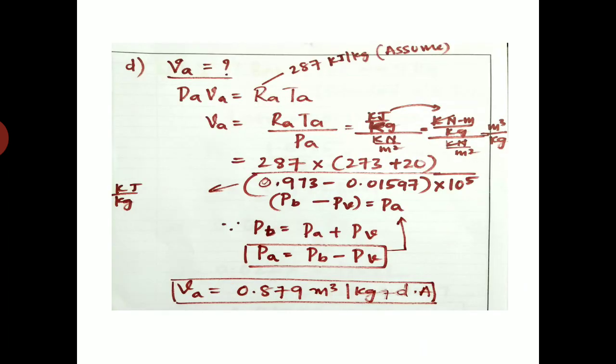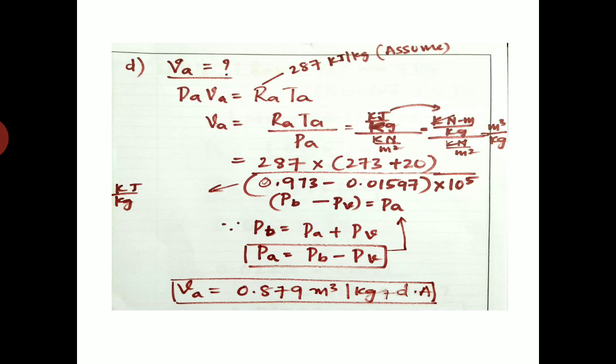So the fourth bit will be the specific volume of air that we need to find. We know the relation PAVA is equal to RATA, the PV is equal to RT gas law relation. Here R we have to remember, that is 287 joules per kg K, or 0.287 kilojoules per kg K, it will come. Units are very important. I did a unit conversion there. Therefore, VA we need to find, because I want the specific volume of air, is RA TA by PA.